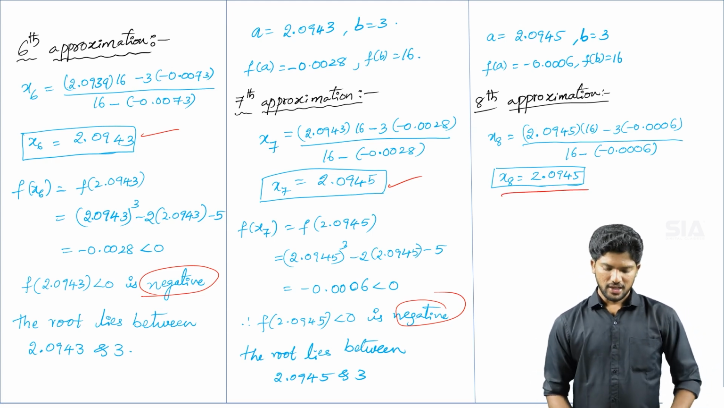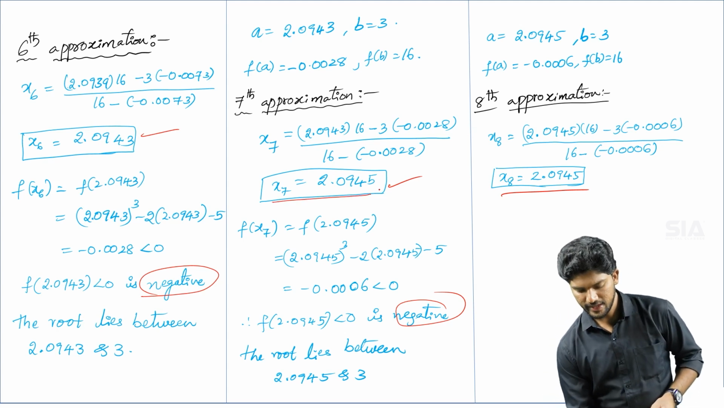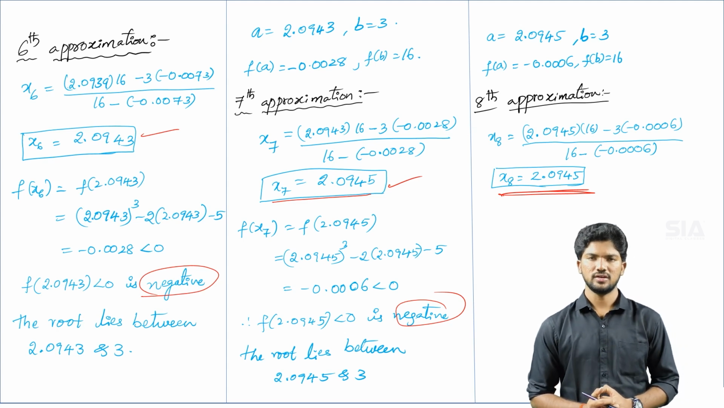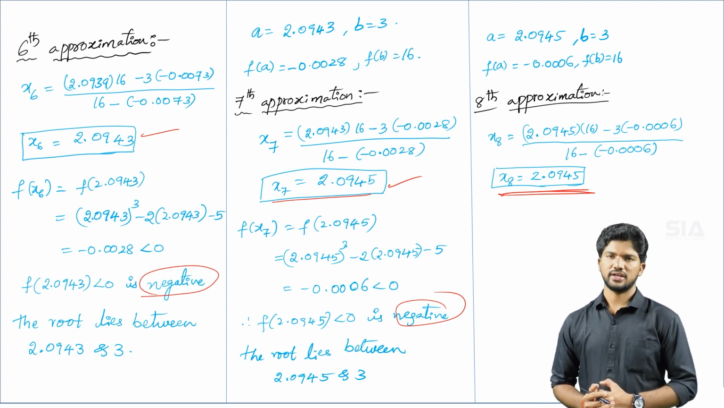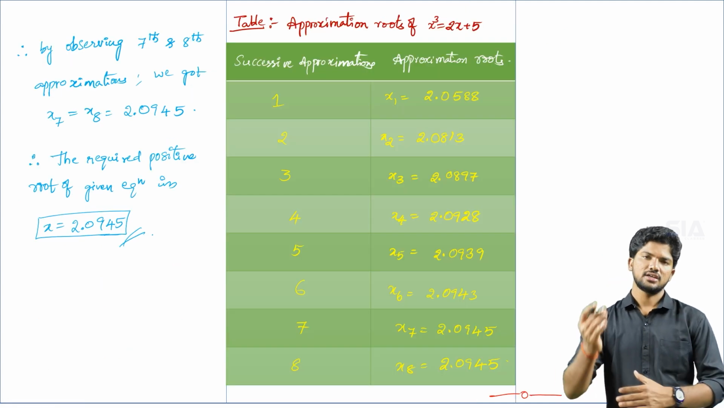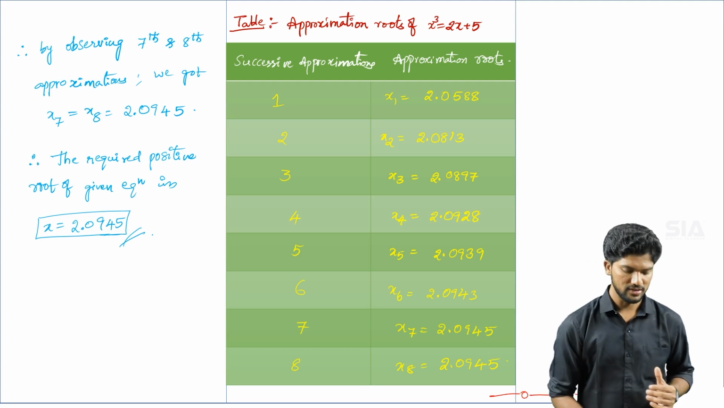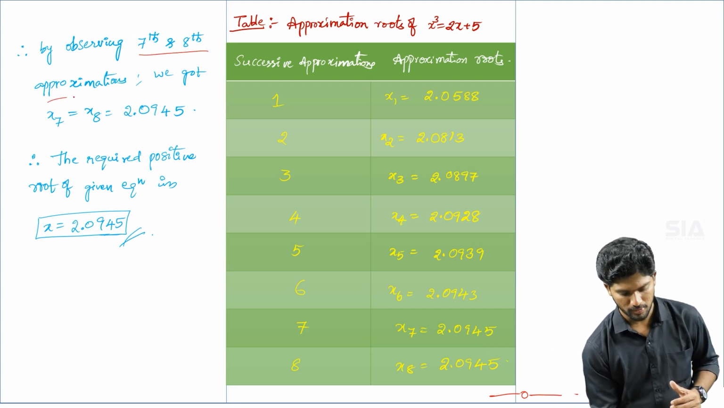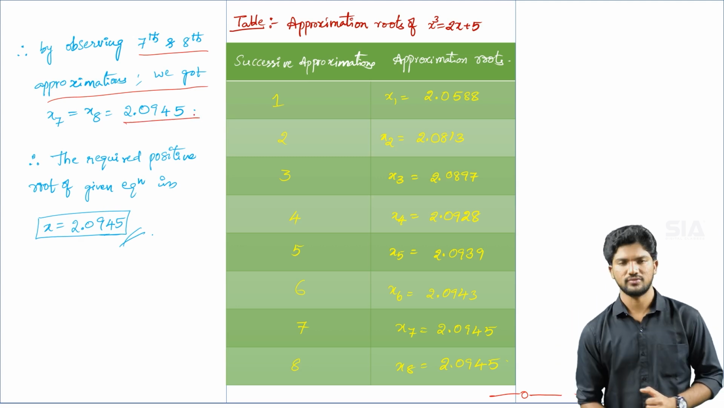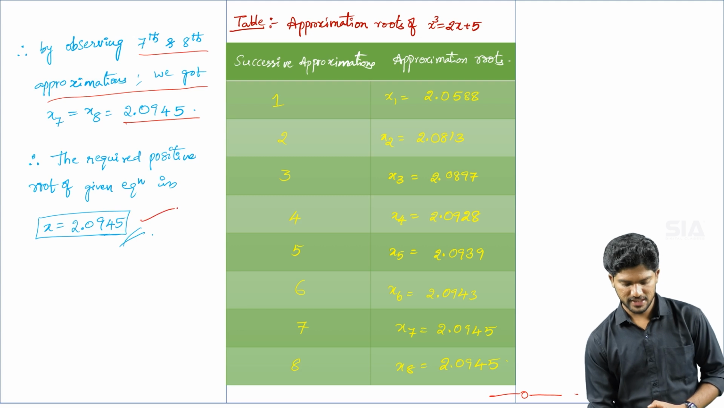Okay, so after getting the eighth approximation x8 value, if you compare x7 and x8 values, both are the same, 2.0945. If you substitute x8 again, you will get the same values only. If you repeat this process like that, you will get the same value. So by observing the 7th and 8th approximations, we got that x7 is equal to x8 is equal to 2.0945. Therefore the required positive root of the given equation is x is equal to